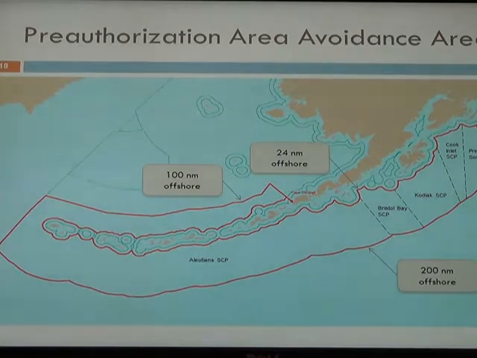So in conclusion, the dispersant use plan for Alaska outlines a process that carefully weighs the trade-offs involved in dispersant use following the spill. This area is beyond nearshore sensitive areas, but may still contain avoidance areas where the case-by-case dispersant use authorization process should be used. And we are here today to ask for your help to identify any avoidance areas by submitting your comments for review by our technical committee. The technical committee will recommend avoidance areas to the on-scene coordinators for approval, and approved avoidance areas will be included in the sub-area contingency plans.